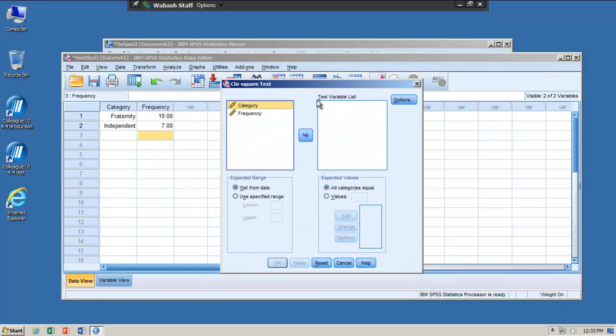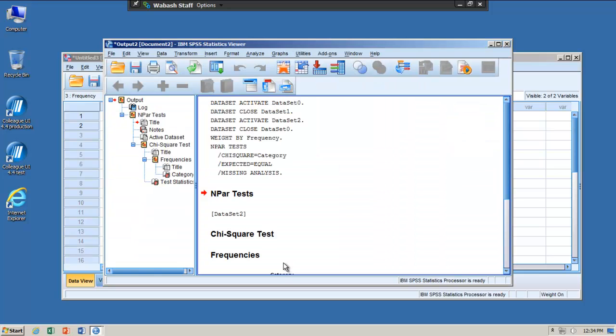Now you need to tell SPSS what your test variable is. That variable is category, which you'll move over. Frequency we're not going to use, you just use that to weight the cases. If you want to run the same test that I ran you through in the video, where we ask, are the numbers of fraternity members and independents equal, or what's the probability they came from a population with equal numbers of fraternity members and independents, then you can leave the expected values set to all categories equal. So that uses the null hypothesis that there are no differences among any of the categories. If you hit OK,